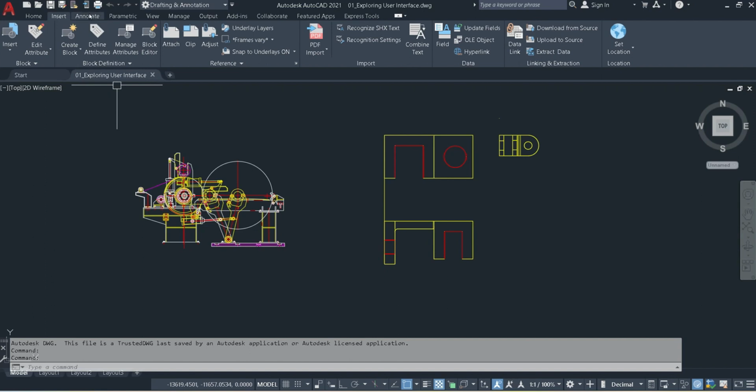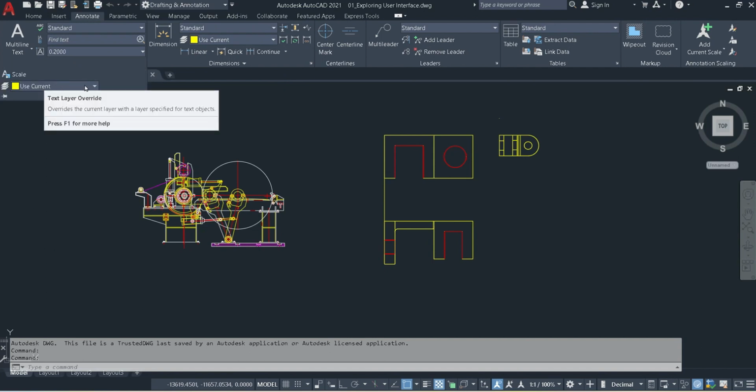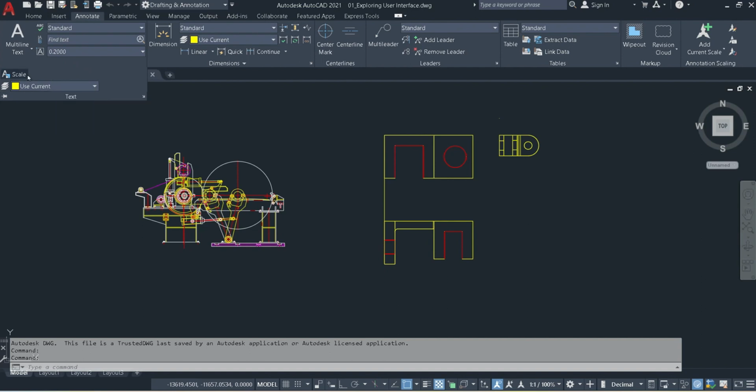This is the text panel in the Annotate tab on the ribbon. Now you can expand out the panels by clicking on this little arrow here next to the panel title. So if there are more icons, like in this case there is Scale, like so. I can also pin that open, so if I click on the pin it stays open, and when I move away it doesn't go back into the ribbon itself. If I unpin it, it goes back in again when I move away. Now you can see these ribbon panels give me all the different icons that I need to work with when